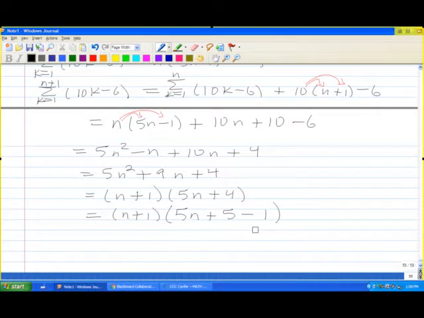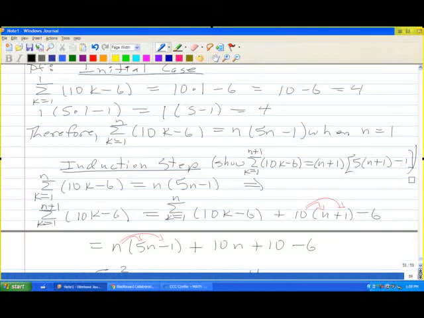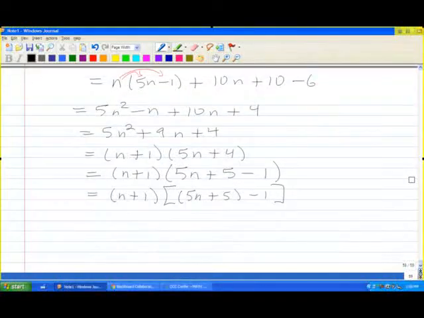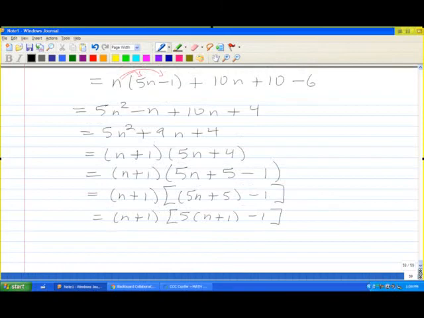So now I can group the 5n plus 5 minus 1. So notice that I wanted a minus 1 here. But now I can factor out a 5 from this term that I put a parenthesis around. And now if I look, that's exactly what I wanted. n plus 1 times 5 times n plus 1 minus 1. And so that means